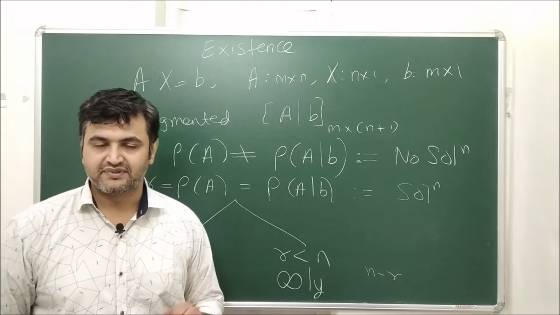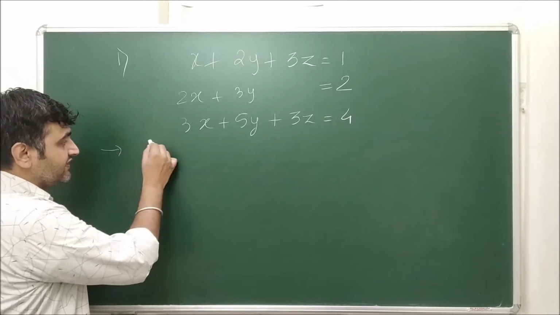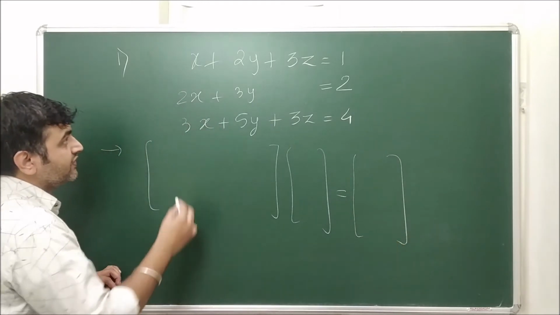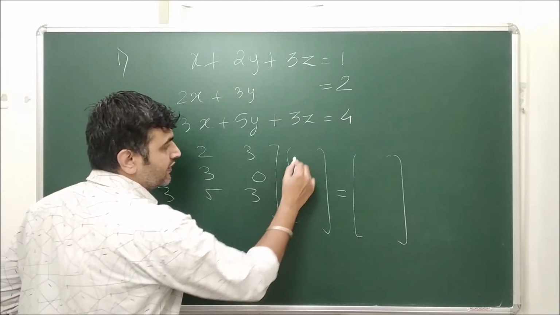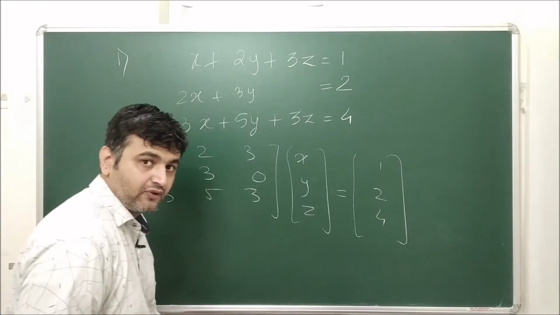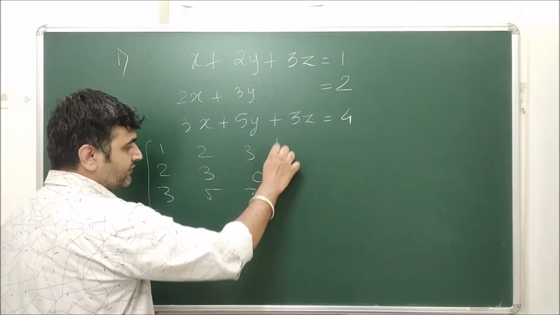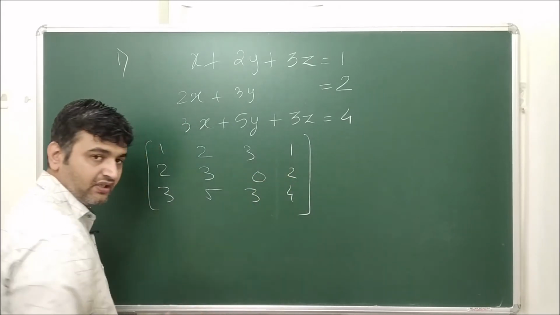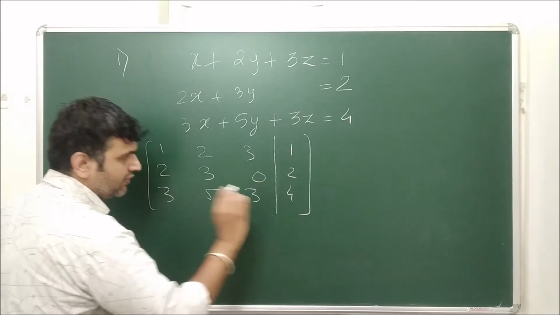Now let's see some examples. Consider a system which has three linear equations. As soon as you have a system, the first step is to write it in the matrix form, which is Ax equal to B. So in this case you write down the coefficients 1, 2, 3, 2, 3, 0, 3, 5, 3, then you write down x, y, z, and then you write down 1, 2, 4. Once you have the matrix form, the second thing is to write this in the augmented form. What is the augmented form? You simply attach the vector b, 1, 2, 4. I have just drawn this line for the bifurcation. If you are okay with this, no need to draw this line, but for simplicity, let me draw the line.